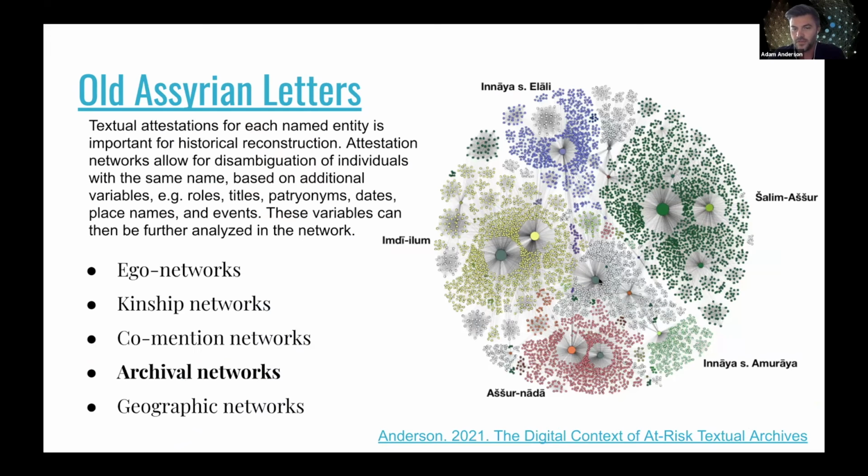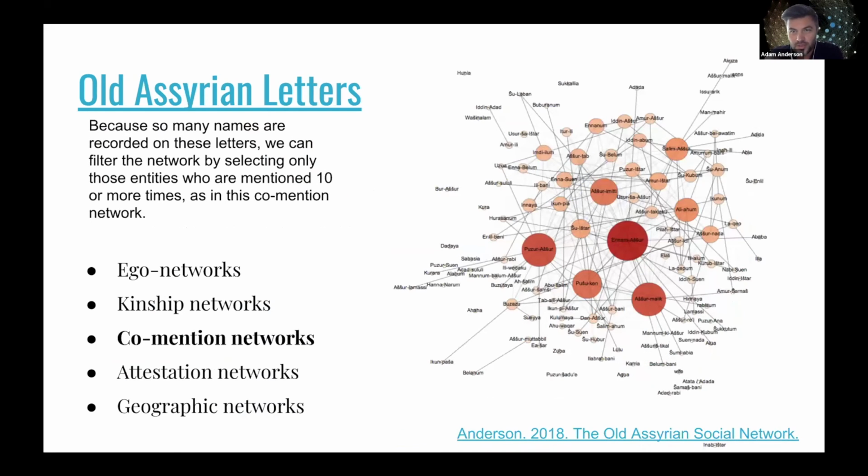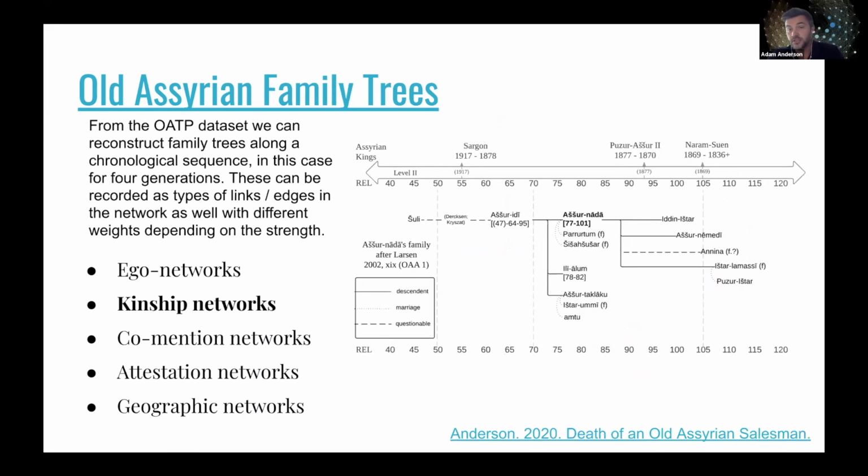Here in white, we see an archive of Pushuken, one of the important actors in the Old Assyrian period. We can focus in on just the main players in what's called a co-mention network. And we can look at kinship networks and reconstruct family trees much more systematically. And ultimately looking at ego networks,